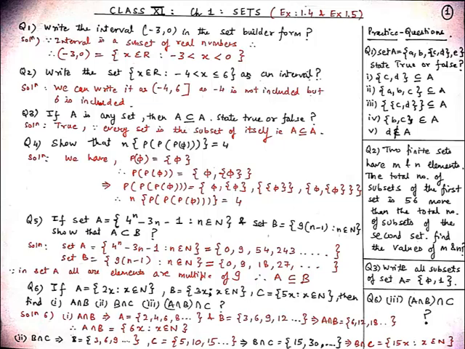And now we will put n = 3. So 4^3 is 64 and then minus 3 into 3, which is minus 9. So 64 minus 9 is 55 and 55 minus 1 is 54. So our third element is 54. And similarly when we put n = 4 we get our fourth element of set A, which is 243. Now we will find the elements of set B, which is equal to 9(n - 1) such that n belongs to natural numbers.